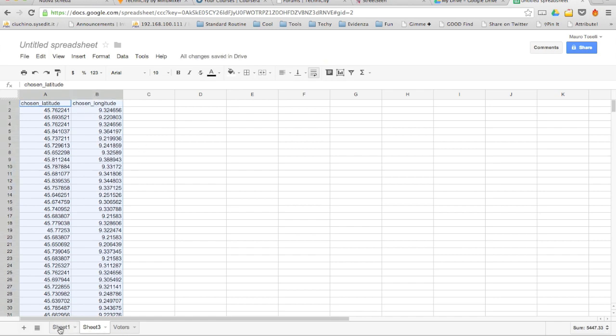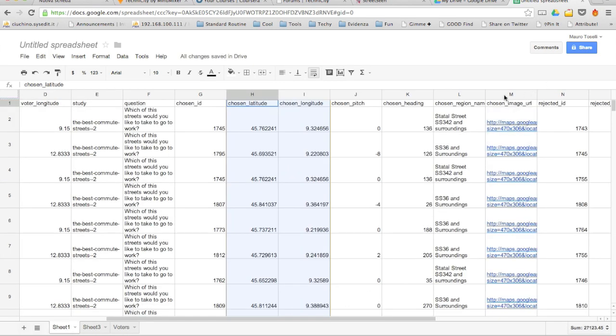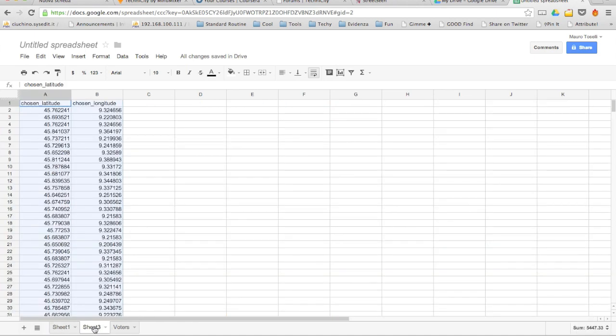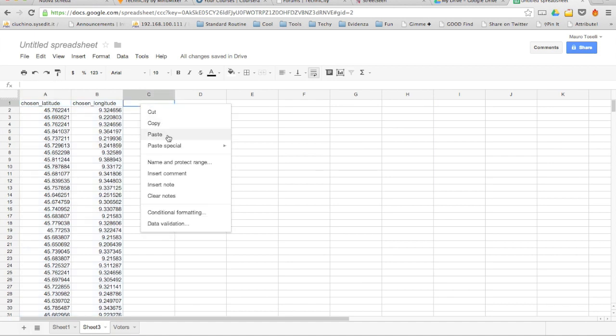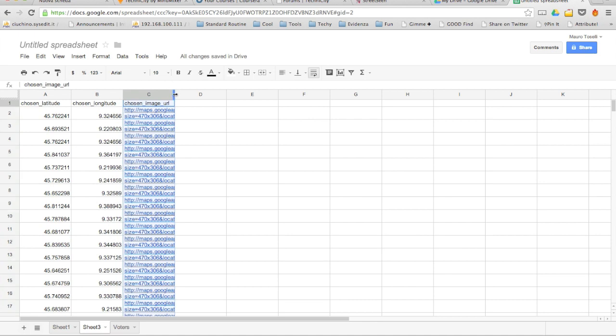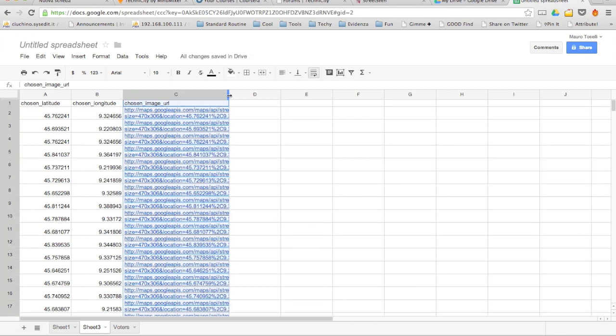Okay, image URL, right click, copy, click, right click, paste. Okay, then we copy the labels, Command C, Command V, and now we use the same function, equal